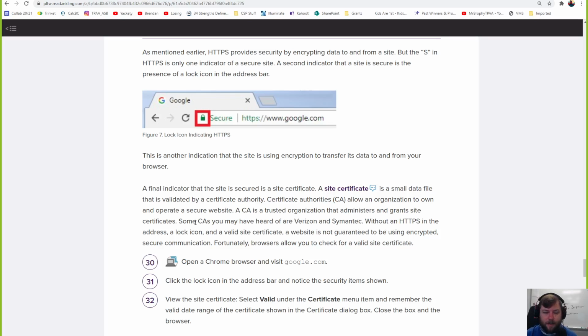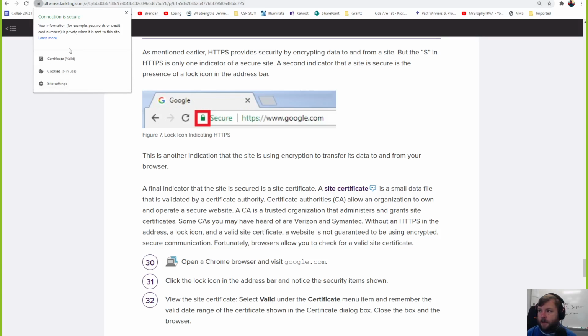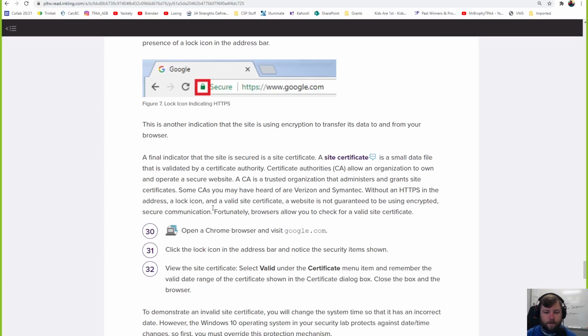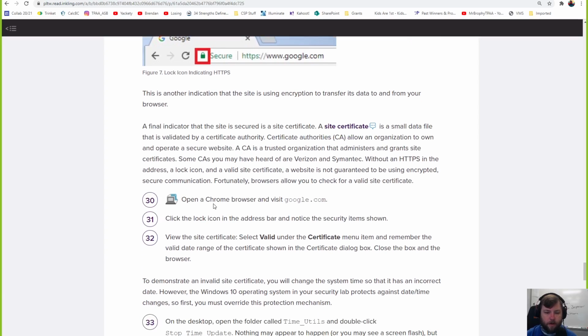Without an HTTPS at the address, a lock icon, and a valid certificate, a website's not guaranteed. So you've got to have the S. You've got to have the lock. That means you have a certificate. Like, I click that right now and it says certificate valid, cookies. Oh, that's kind of nice. Oh, I'm breaking the lesson. Okay, so